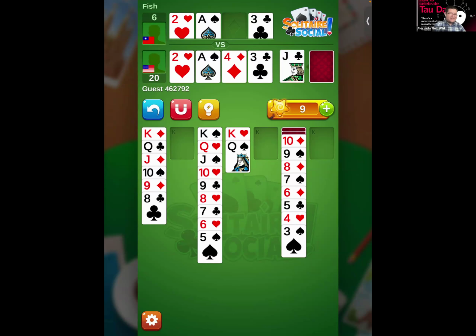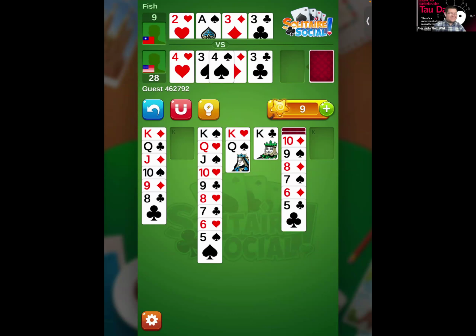There you go. Flip again. Jack. No. Nope. You need a red jack. Here's the other king. Move the king. Yeah. Let's start. All right. There you go. Now, yeah, we're going to town over here.